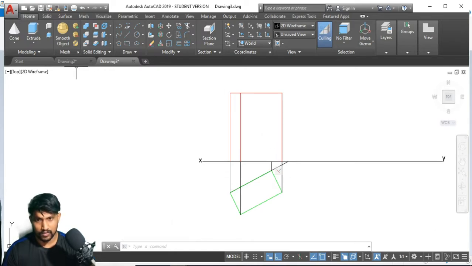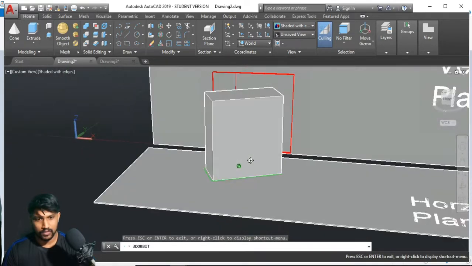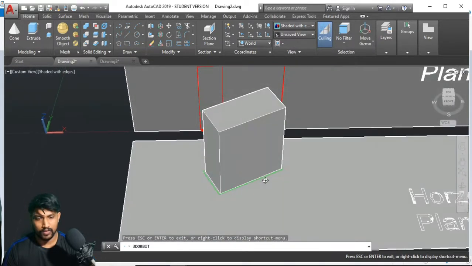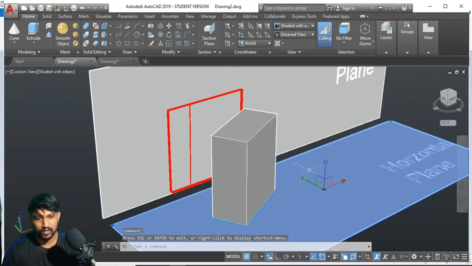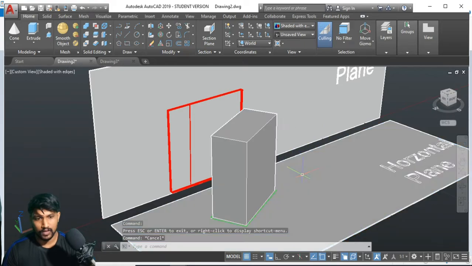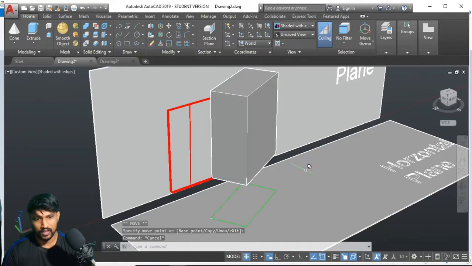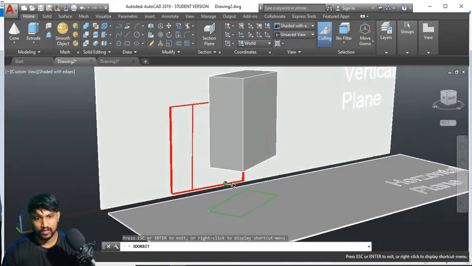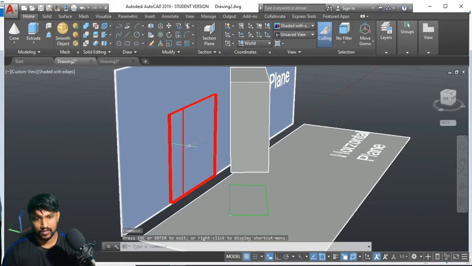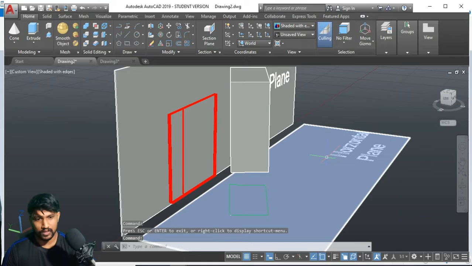Let me give namings to this one in both the front and the top view. I'm going to lift this a little bit. Actually it has to rest on the horizontal plane, but I'm lifting this one just so that you guys can see what I have done here. So these are projections. The green one is the top view and this red one is the front view.